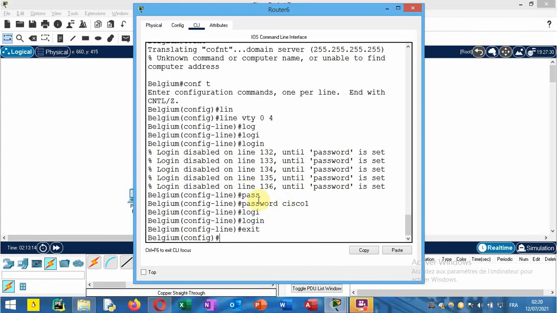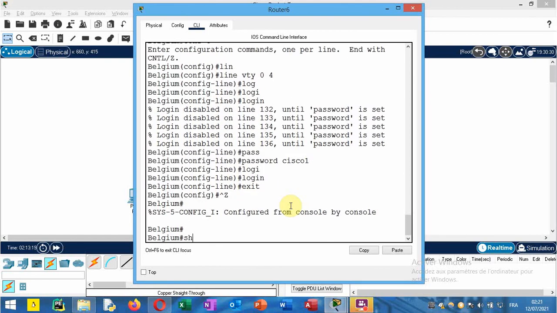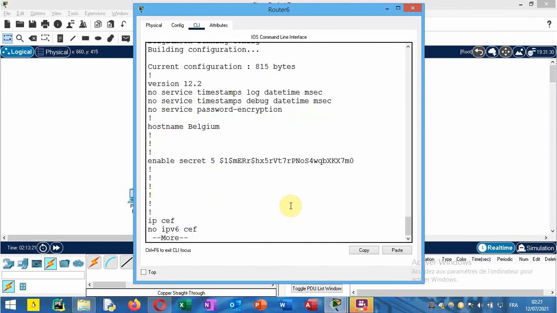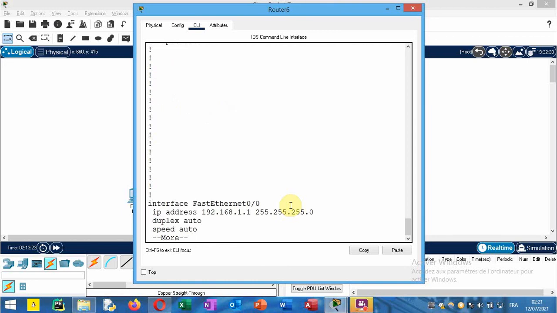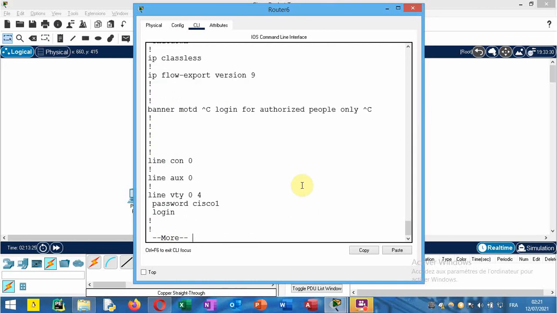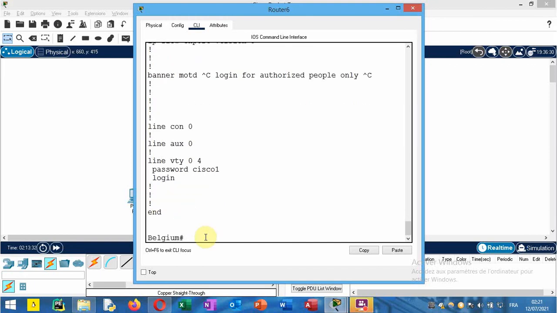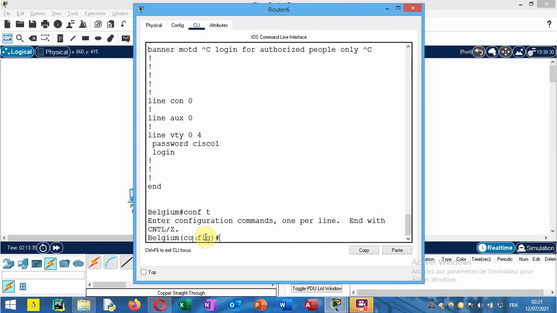Of course, we're just configuring the basic things again. So we've configured our VTY line. Let's just do show running config. As you can see here, line vty 0 4, password Cisco1. Before we try it, there is one thing. If we have a lot of passwords set for a lot of things, and a lot of them are